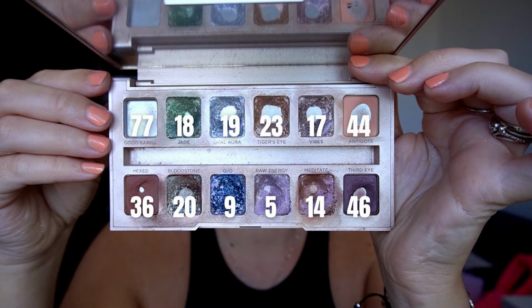It was my pan palette last year and I think I just got burnt out. I just didn't want to use it too much. So anyway, this is what it's still looking like. I don't think it's changed because I don't think I've gone into it since my last update. If I have, it might have been just 1 or 2 uses, but those are all the uses that I have on the shades as well. So you can see there's a lot here that have well over 25 uses, but there's still some that I have yet to use 25 times. So those are my top 20 used